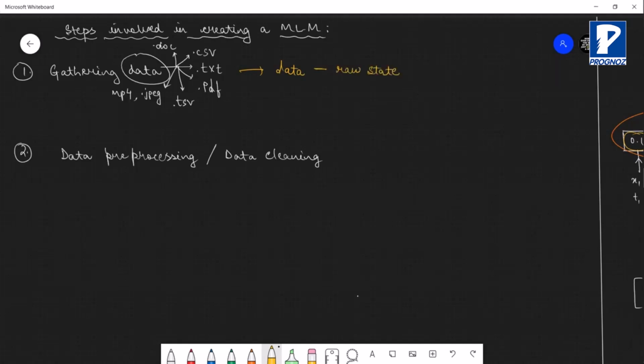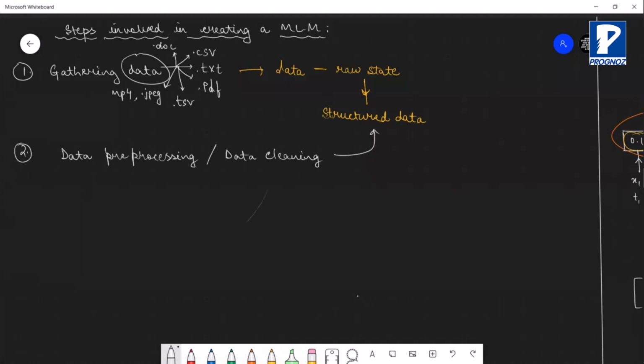This raw data needs to be processed, or it needs to be converted into structured format. We need to convert the raw data into a structured format. And for that, what do we have? We have this process of data cleaning, or you can say data pre-processing.